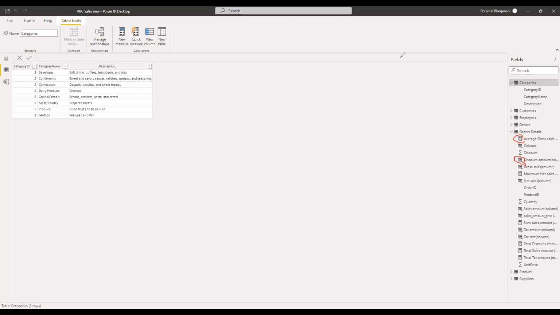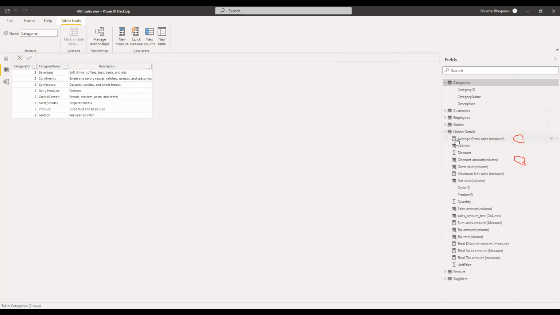Now let me make this field list widened and see whether it's correct or not. Here you can see that the calculator-like one is measure, the table with the sigma symbol is column. So in order to make it easy to notice,